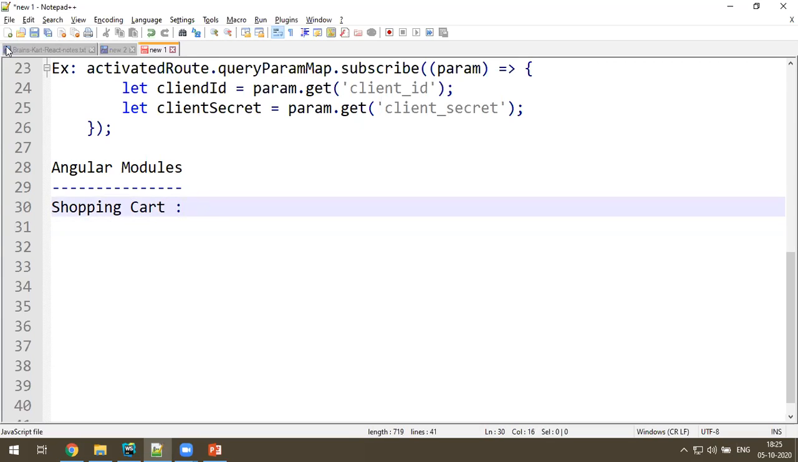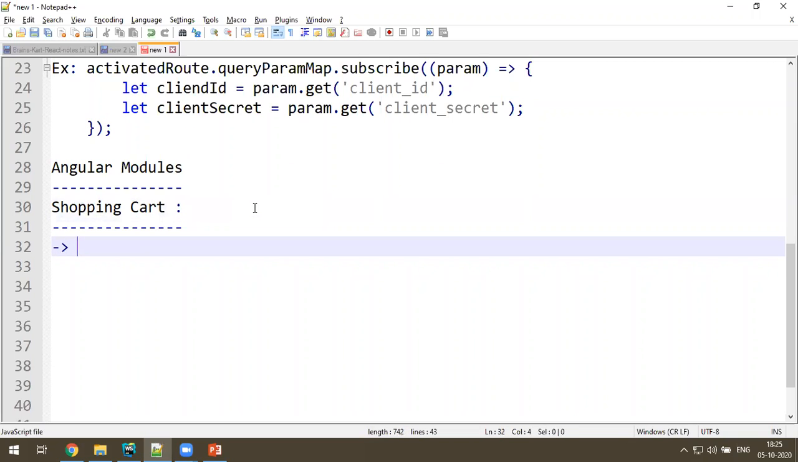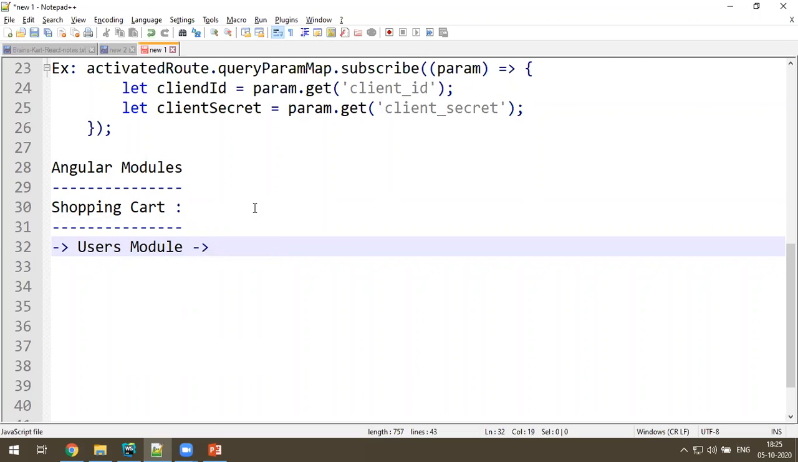When you develop such a bigger application like a shopping cart, you don't need to keep everything in the root module. What you have to do is divide the whole shopping cart application into various modules based on the feature. For example, I am going to divide the shopping cart into a few modules. One is the users module, apart from the app root module. The users module contains, if you want to perform login operation or registration operation, or maintain the person's profile,